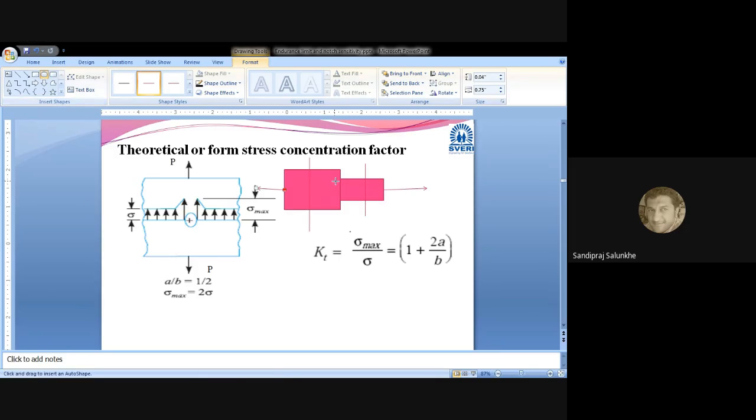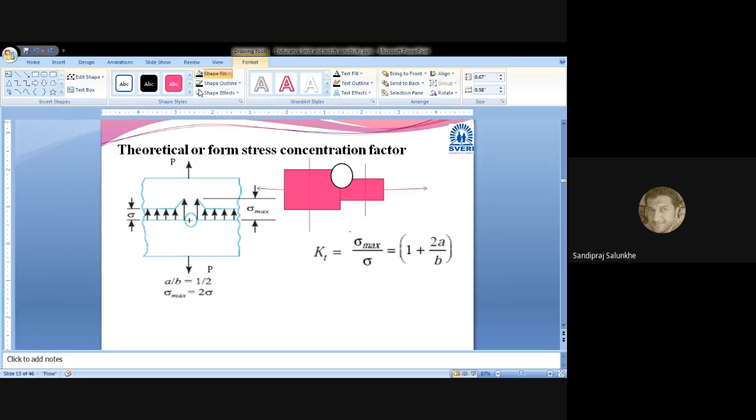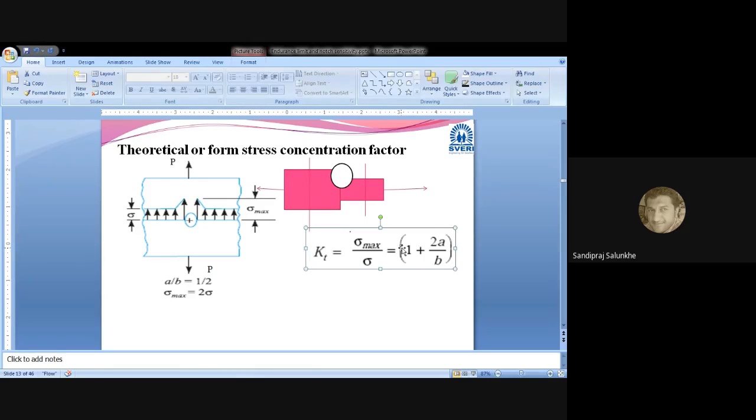So while designing this part, the stress concentration factor KT, that is the theoretical stress concentration factor, is used. But in that case fatigue failure will not occur, that is, the stages of crack initiation, crack propagation and failure will not occur there. Where crack generation, crack propagation and failure are possible is in fluctuating load and fluctuating stress. The theoretical stress concentration factor we are using is not used as it is in the fluctuating case.